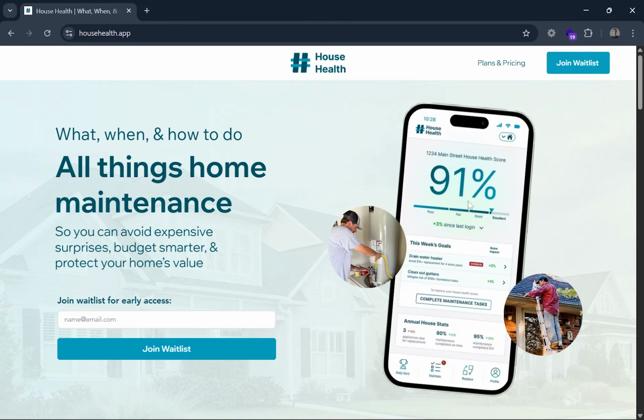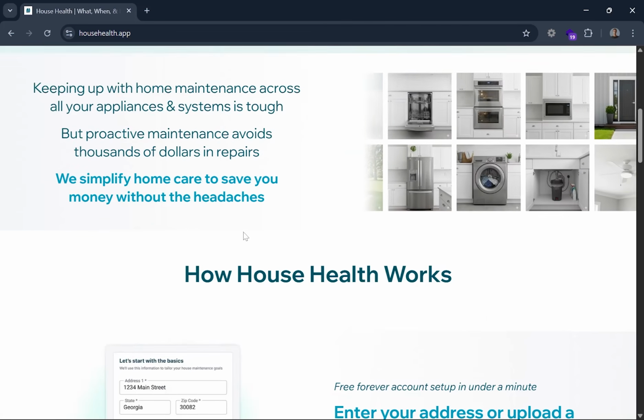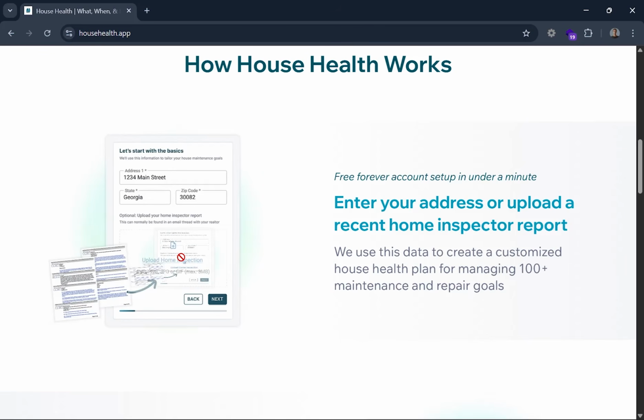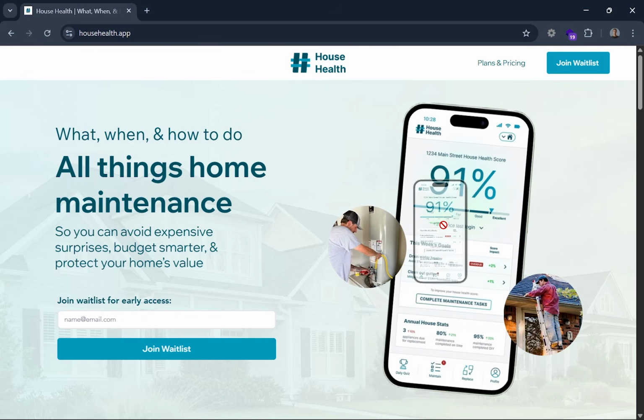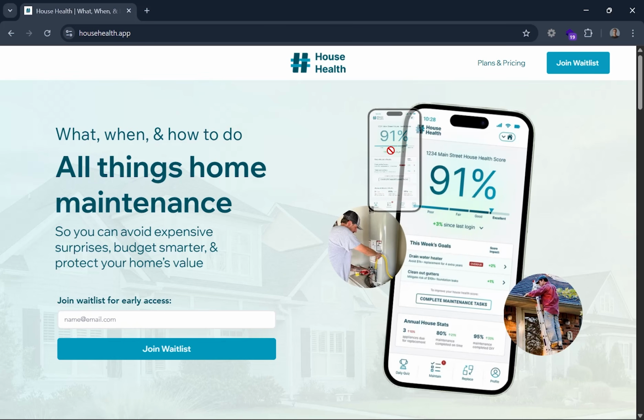Because you want to create intrigue, you want the user to wait for your app. You just want to show the interesting points. You want to show the functionality, what it solves. But if you show the whole app, the user might find something that they don't like. And I don't mean that in a bad way. Obviously you want to give the user as much information as you can, but if the user